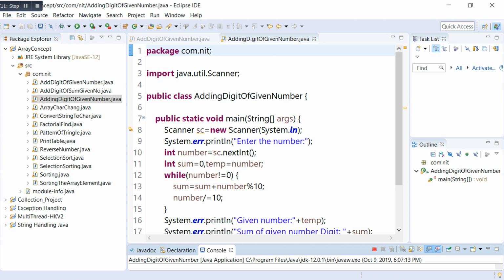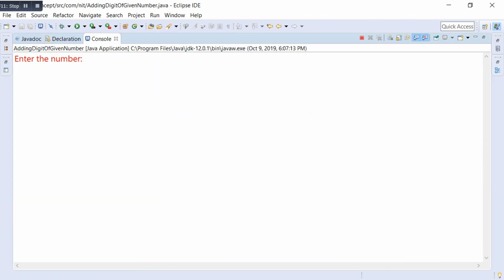I will enter 1 2 3 4 5 and add all the digits. 5 plus 4 is 9, 9 plus 3 is 12, 12 plus 2 is 14, 14 plus 1 is 15. Click OK. Given number is 12345 and the sum of the digits of the given number is 15. Your program is working very well.